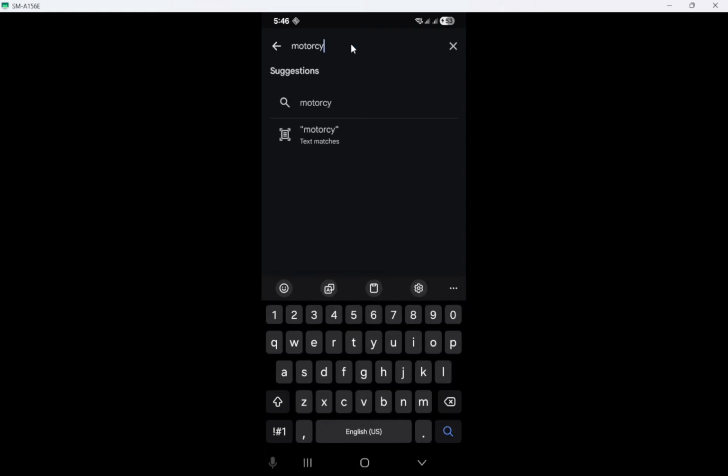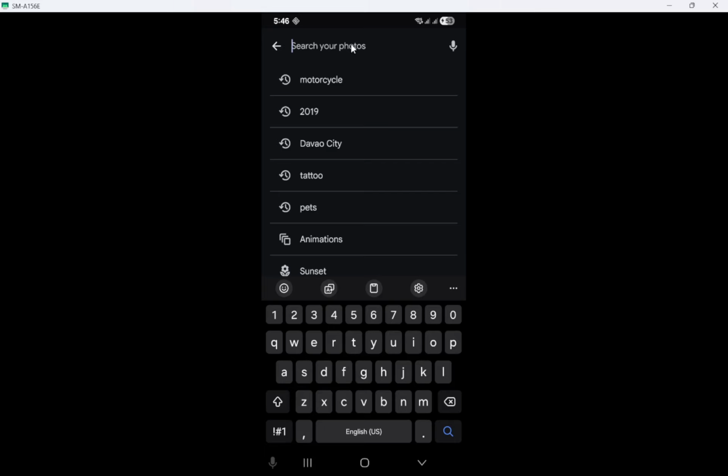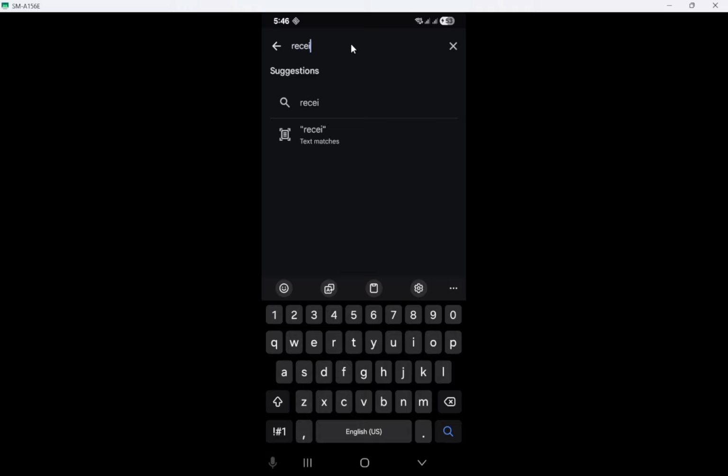Moreover, Google Photos offers the ability to search using text inside photos. This feature uses optical character recognition, or OCR. You can find images with text by typing words like receipt, menu, or passport. You can even search for exact words in screenshots. Using quotes around your search term will help you get more exact matches.